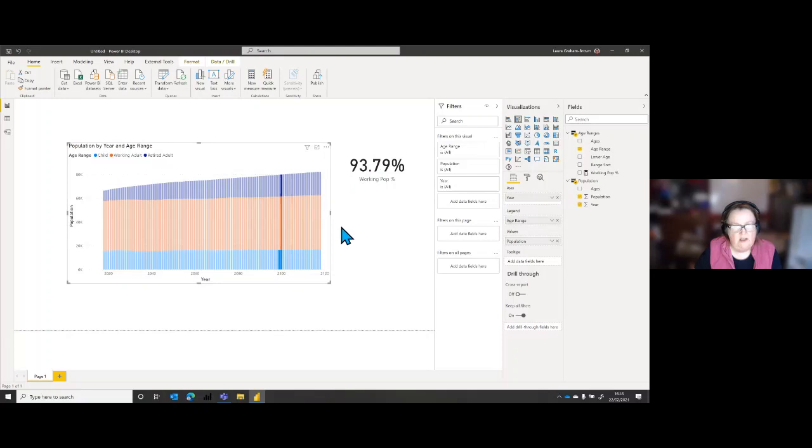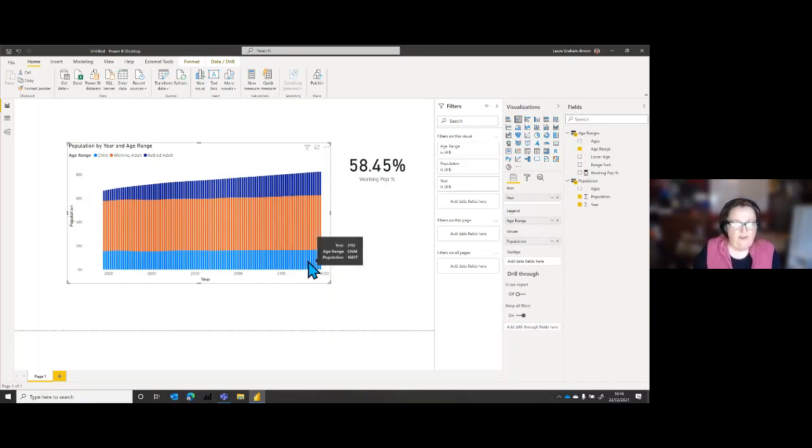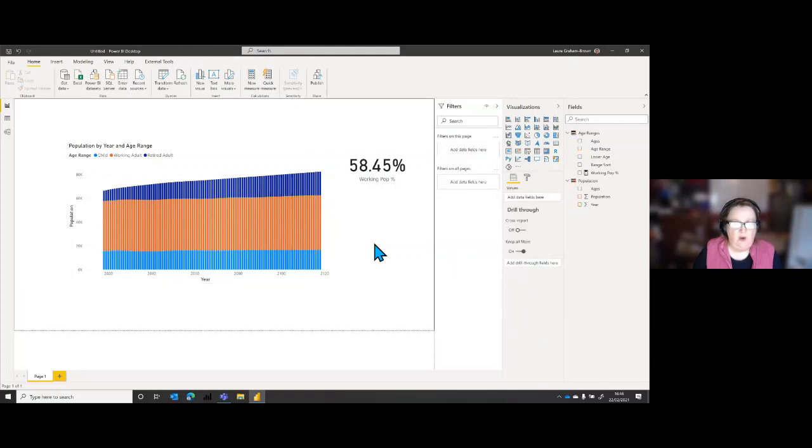But there you are. That's not the way. Oh, I've got something wrong there. Pretty certain the 58.45 is correct, but I'm going to have to think about why I'm getting a weird number if I click on there. I was expecting that to come up as 0 because none of them are working adults. I'll think on that. If I don't manage to solve it whilst you guys are here, I will tweet out my resolution on that one.